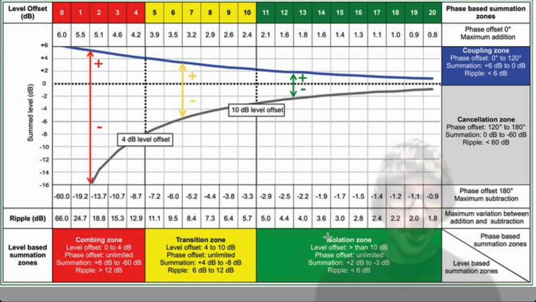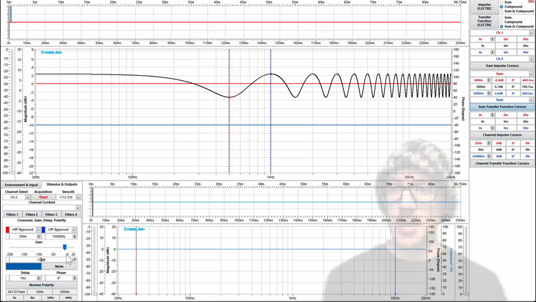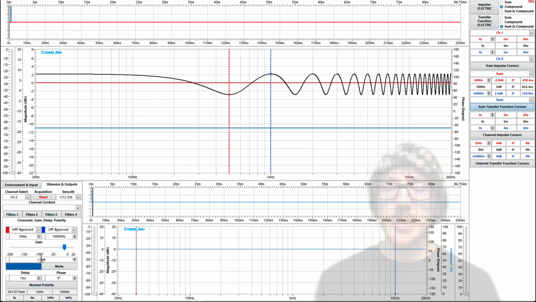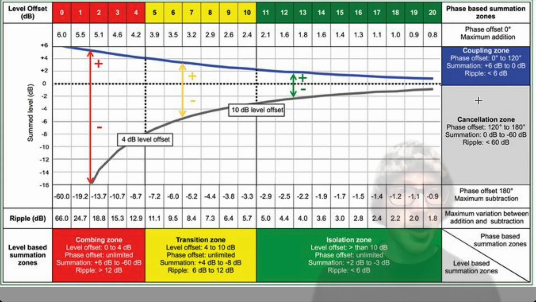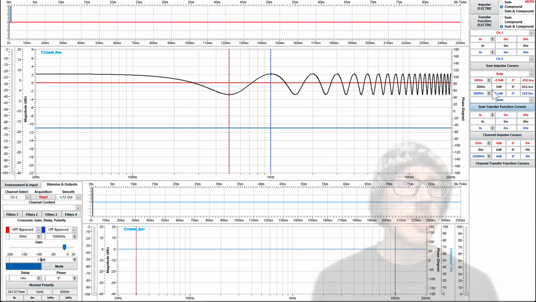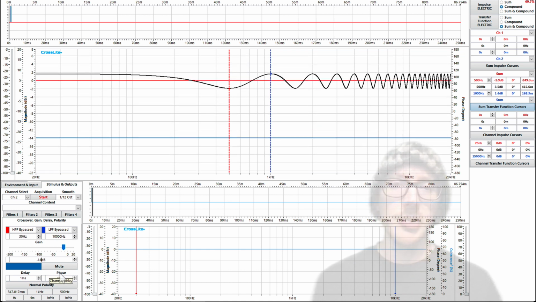So isolation zone is any level offset greater than 10 dB, and the ripple should be less than 6 dB. So if I go up to an 11 decibel offset, now our ripple should be less than 10 dB. Is that what I said? Sorry, less than 6 dB. So now we see that it's 5 dB, and if I keep going, the ripple should get less and less